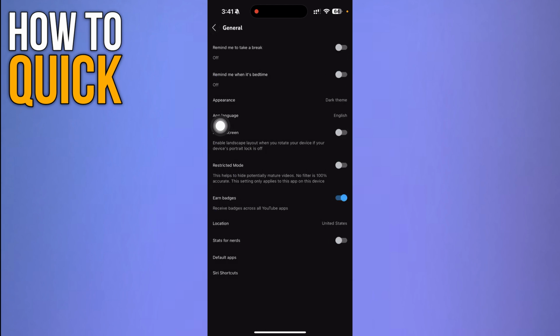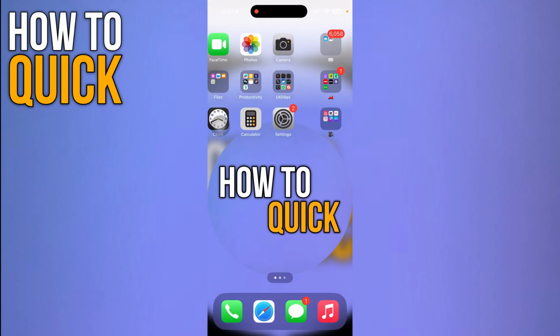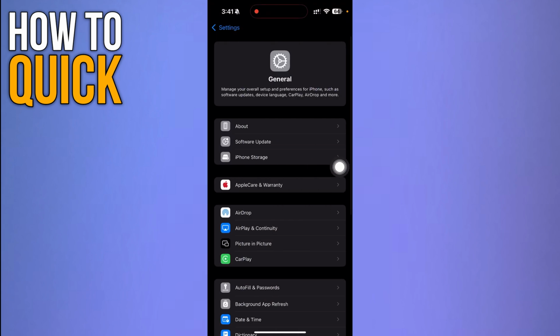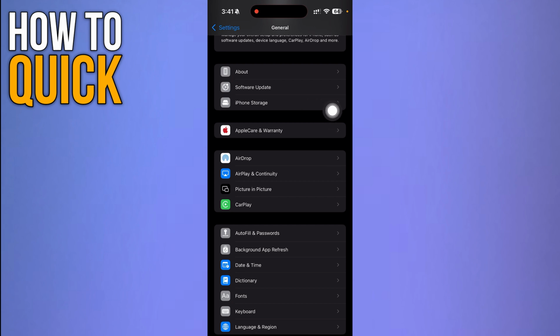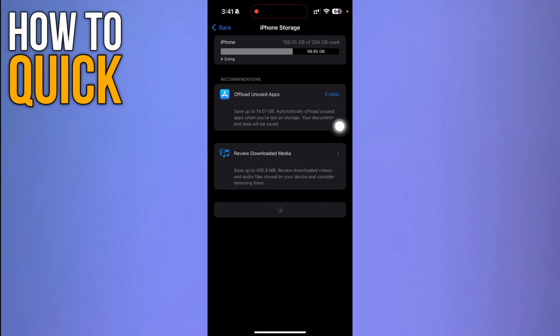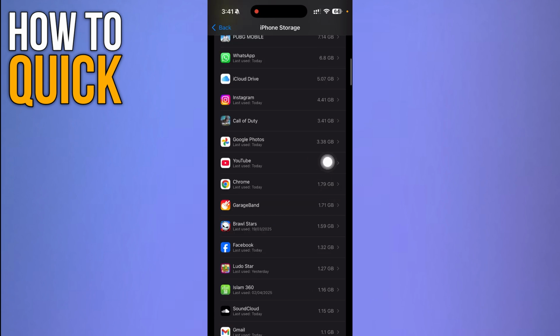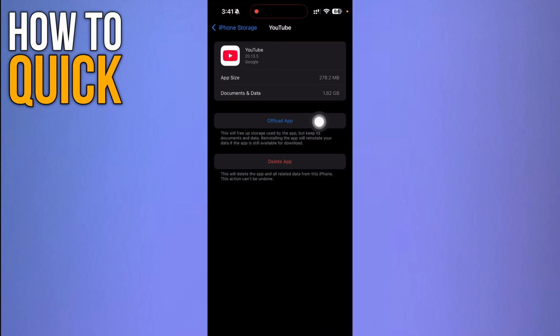If it still doesn't fix your issue, just close the app, and then go to settings on your iPhone, and then click this general option, and then scroll through and find this iPhone storage option and click it. Now find YouTube in this list. Click show all. Now once you find the YouTube app, click it, and then click offload app